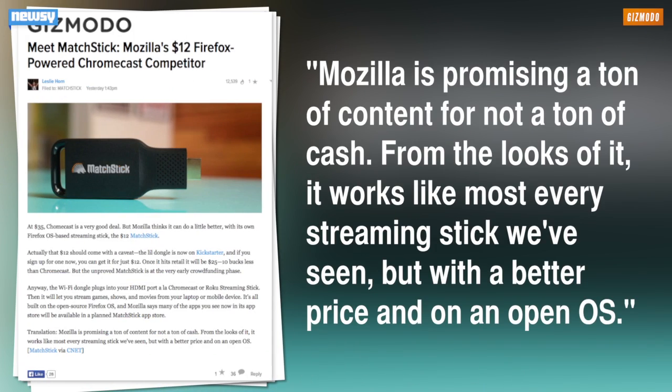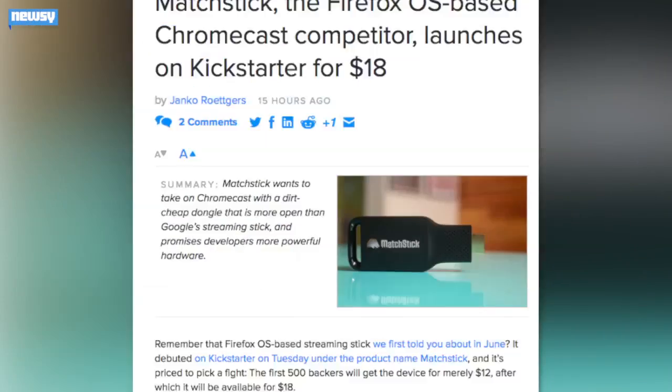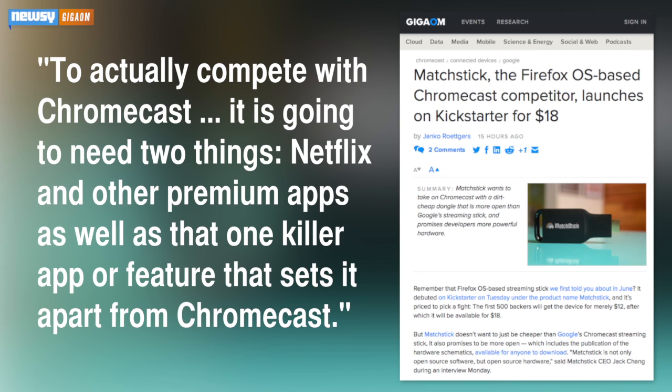Mozilla is promising a ton of content for not a ton of cash. From the looks of it, it works like most every streaming stick we've seen, but with a better price and on an open OS. But GigaOM takes a more reserved stance, writing,